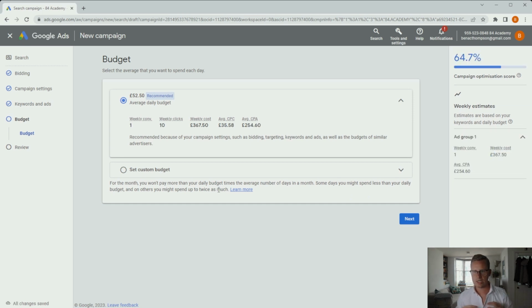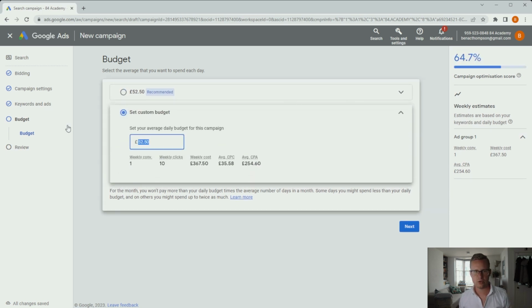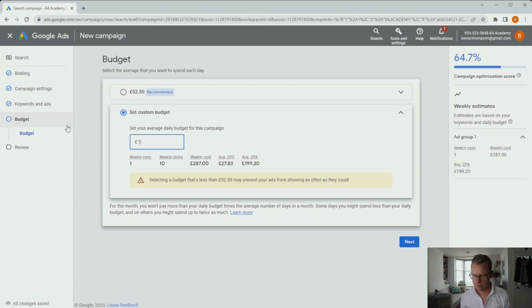Google's always going to suggest the budget that you should be spending. I would suggest go with what you're comfortable with. And in this case, it is £1 a day, but set it based on what you're comfortable to run and what you're comfortable to run with for 30 days. So I don't want to see anyone running these campaigns for less than 30 days. If you only have a $500 budget, then split that out over 30 days and use that as your daily